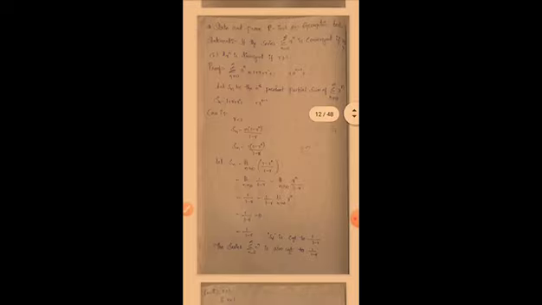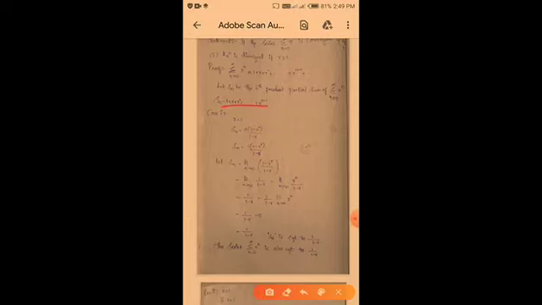So see here, proof. Summation n is equal to 0 to infinity r to the power of n is equal to 1 plus r plus r square plus up to so on plus r to the power of n minus 1 plus up to so on. Okay, so let Sn be the nth partial sum of summation n is equal to 0 to infinity r to the power of n. So Sn is equal to, substitute n is equal to 0 in r to the power of n, so r to the power of 0 is 1, and n is equal to 1, r to the power of 1 is r. So Sn is equal to 1 plus r plus r square plus up to so on plus r to the power of n minus 1.